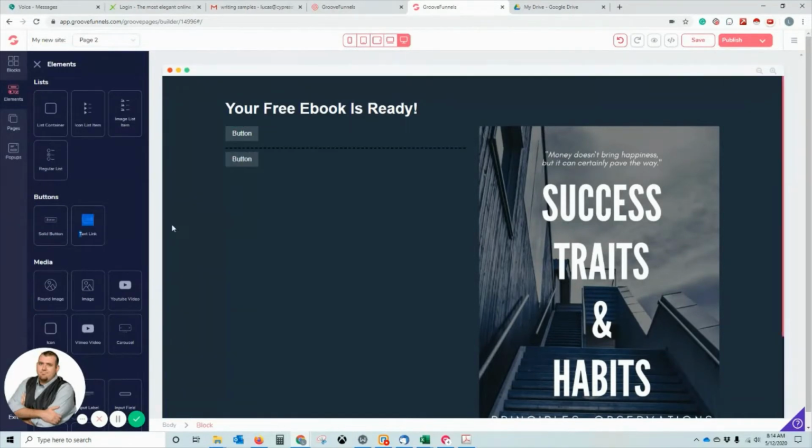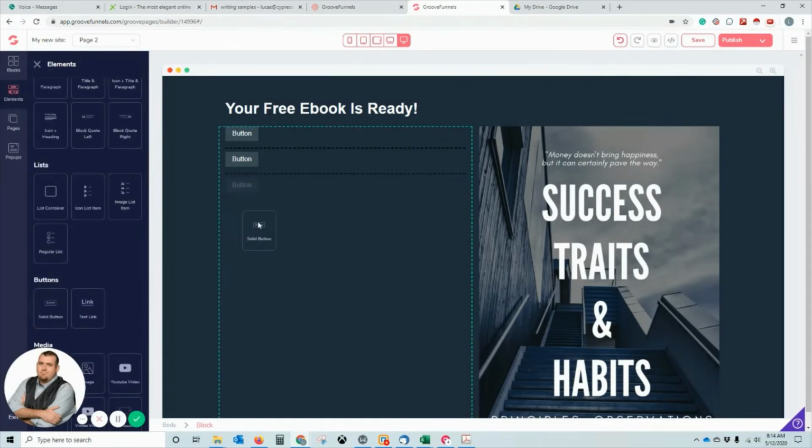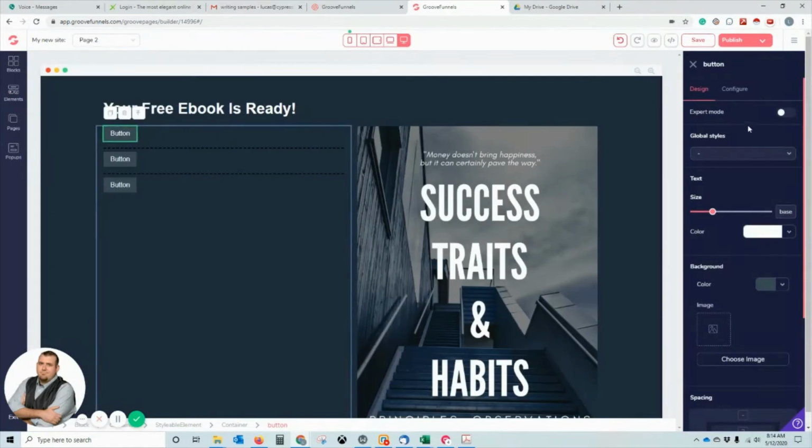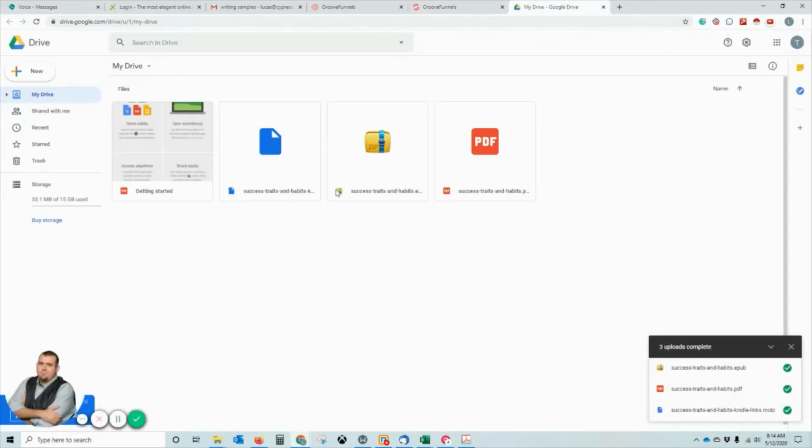Use a divider on each one to give you your buttons, right? So first button here is going to be called download PDF copy. And I'm going to give it a link to a URL, right? And I'm going to tell it to open a new tab. And here I have my file. So here's the